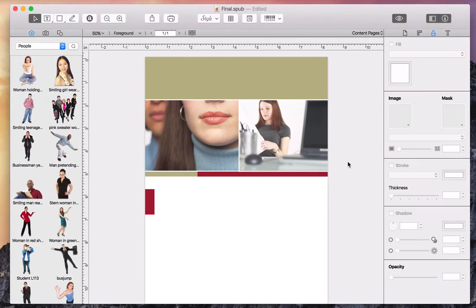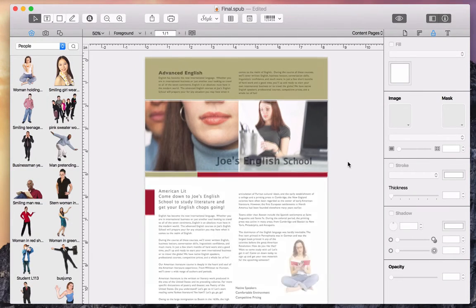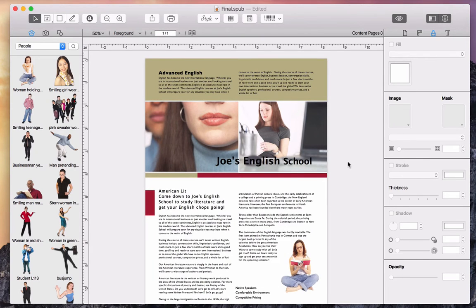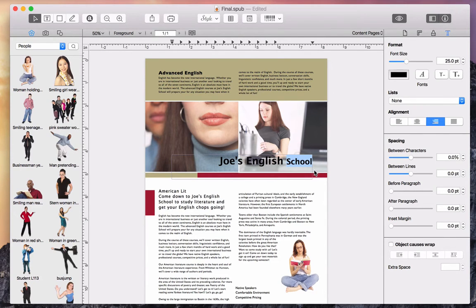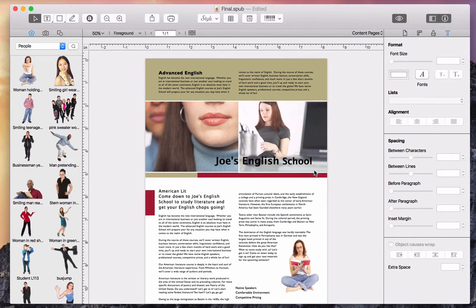Now, we are about to return to our document. Let's go through and add the rest of the text. If we want to manually edit each section of our text, all of the tools we need can be found in the Text tab of the inspector. And there are two different ways that we can do that. One is to double-click on a text box and select a certain portion, editing only the selected part. The other is to select an entire text box and edit all of the text inside.